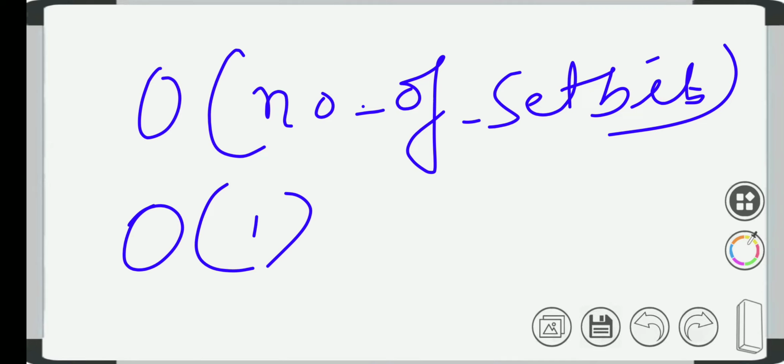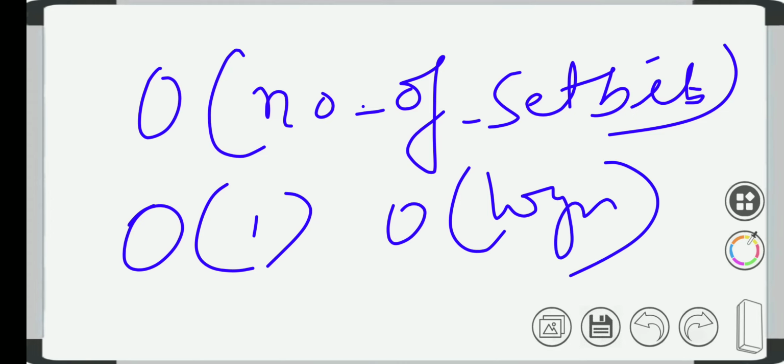We have seen that the previous algorithm had a time complexity of big O of log n, and this algorithm has big O of the number of set bits. That's why this algorithm is used so often to find the number of set bits. It optimizes the looping and the time complexity compared to the previous one.